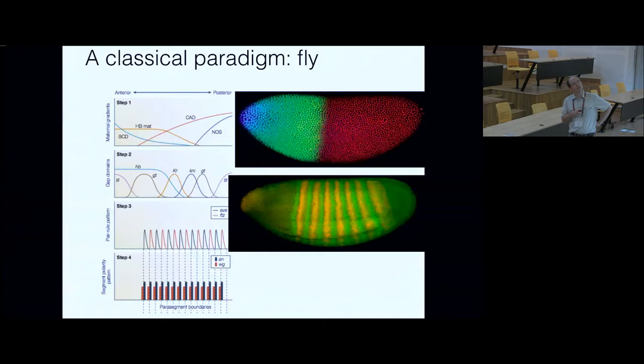As you saw, you start with bicoid and other maternal genes. Then the maternal genes activate gap genes. So here, for instance, you see hunchback. This is a gradient of bicoid. This blue thing is like bicoid getting above hunchback. And when there's no hunchback, you have nothing here. And so you lay down the gap genes.